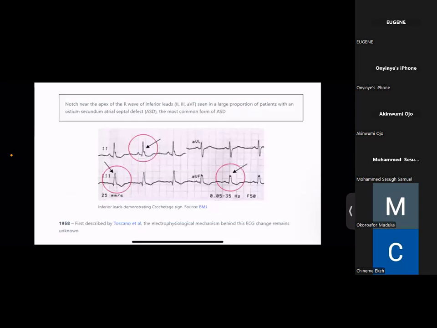This is a pictorial representation of the ECG of the ostium secundum. If you look at it, a notch is usually seen in the R waves of the ECG, in the inferior leads, lead 2, 3, and aVF. In the R wave, you actually see a little notch. If you look at where the arrows are pointing, you could see it, and this is known as the crochetage